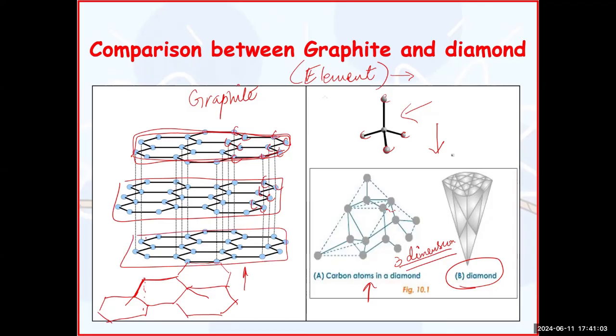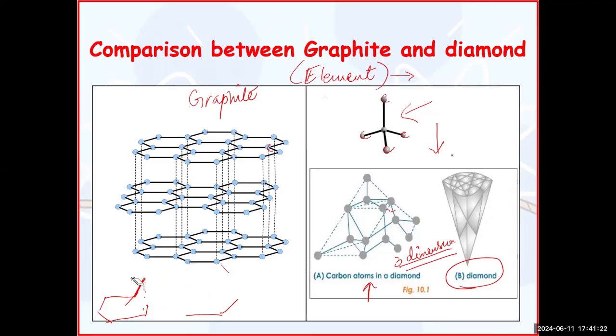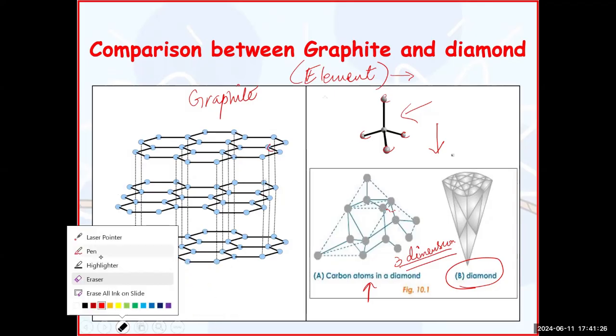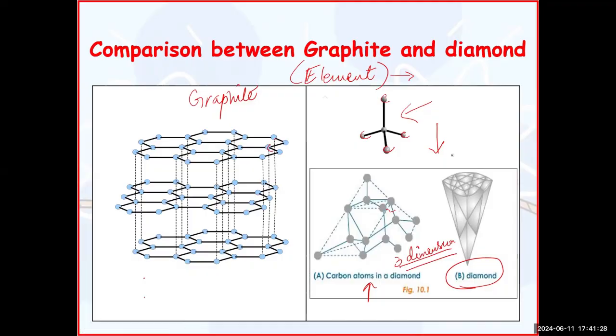And these sheets can actually slide over each other easily because of the movement availability. The fourth electron is free, so it allows them to move. Now I have to tell you a very important fact, because this is asked in exams. This fourth electron, which is dangling down, is not actually free. It's making a very weak bond.